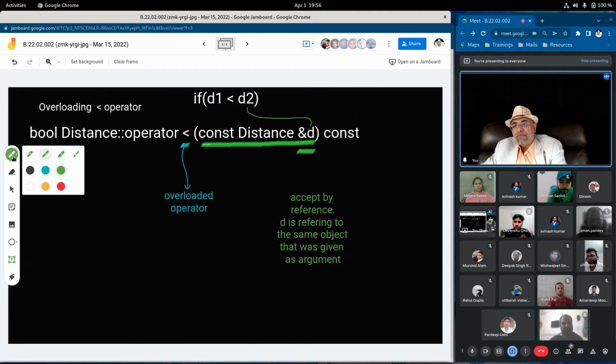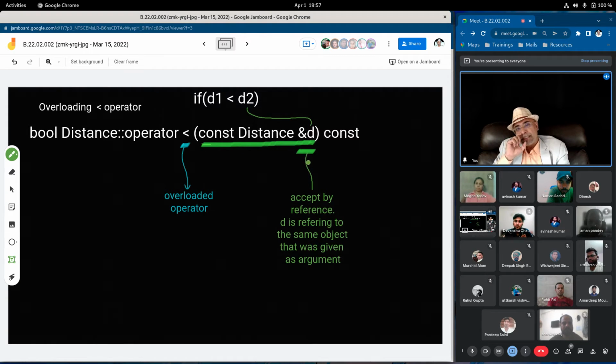This is the third way of accepting arguments. This is not pass by, this is accept by. We tried to pass a copy of D2, but it did not accept a copy of D2. It actually created a new identifier for the same object.